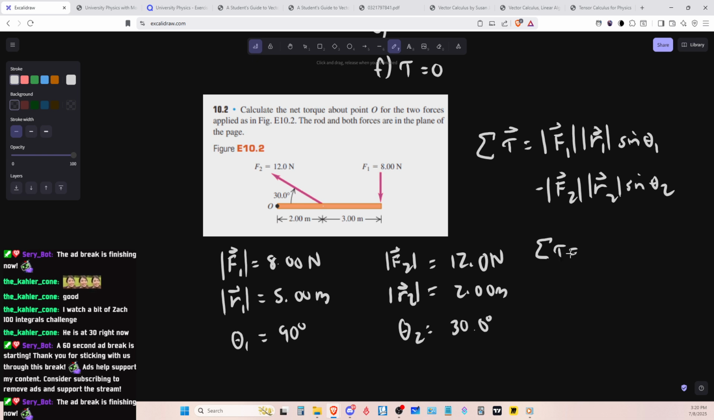So if we did all the numbers, it's 5 meters, sine of 90 degrees, and minus that from 12 times 2 and sine of 30 degrees. Turns out the torque